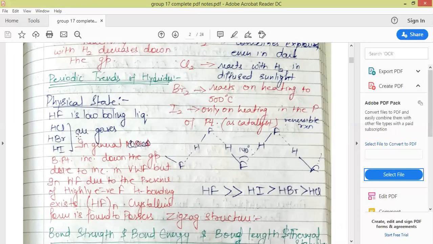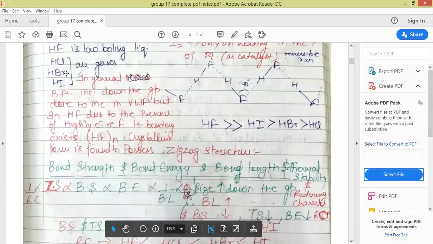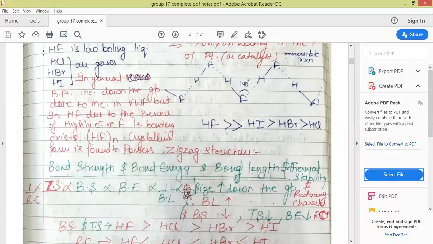Hydrogen bonding is always there whenever an electronegative element out of oxygen, nitrogen, and fluorine is present. So it has extensive hydrogen bonding, and the strength of hydrogen bonding is always greater in comparison to the van der Waals forces. So here the boiling point is exceptionally high for HF. Further, when we move from chlorine to iodine, boiling points increase. So next to HF is HI, then HBr, and then HCl.